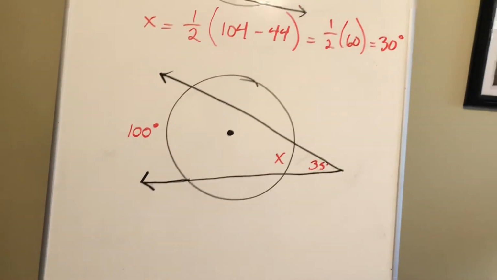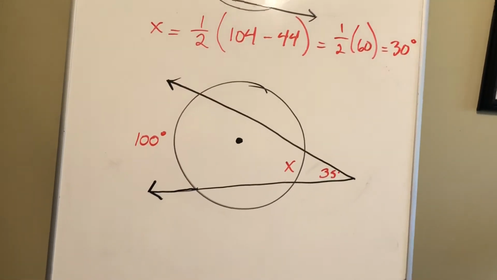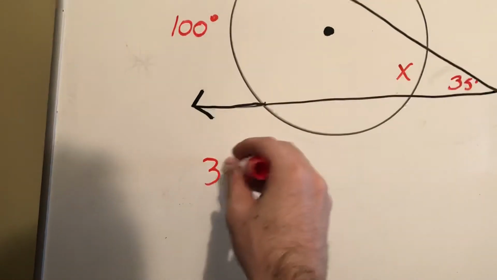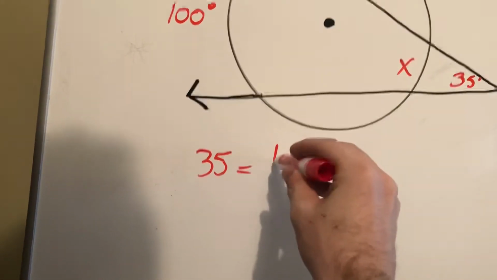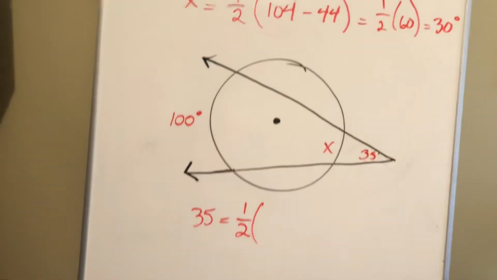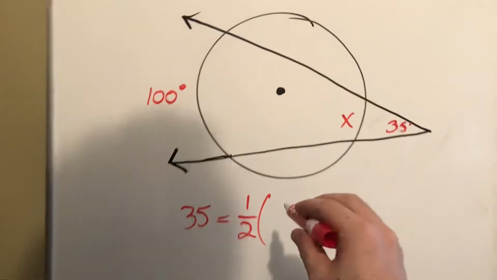Do one more example like this. And this time the x is one of the arcs. It's still going to follow the same pattern though. I have the angle, which is 35. That's going to equal 1/2. And it's my larger arc subtracting the smaller arc. So let's go 100